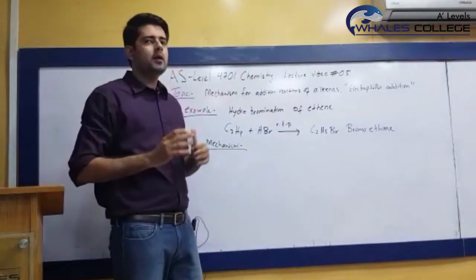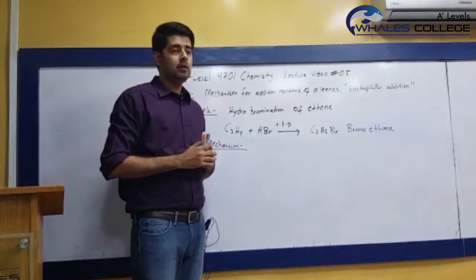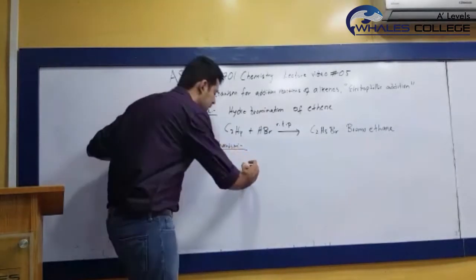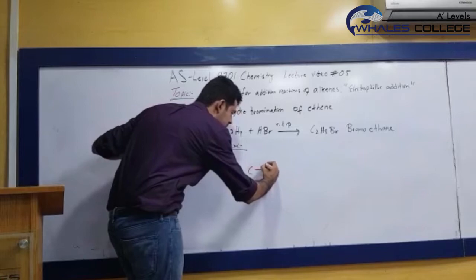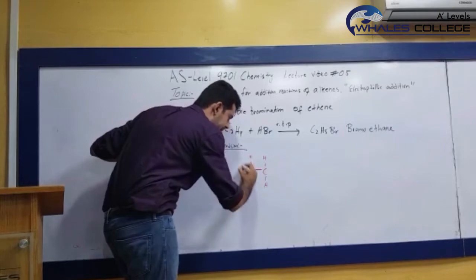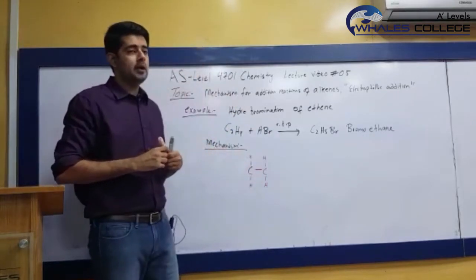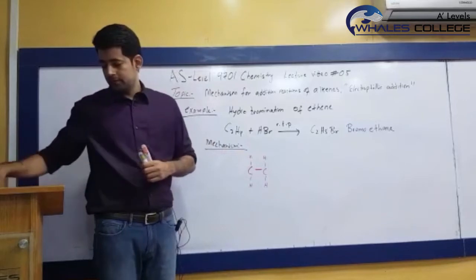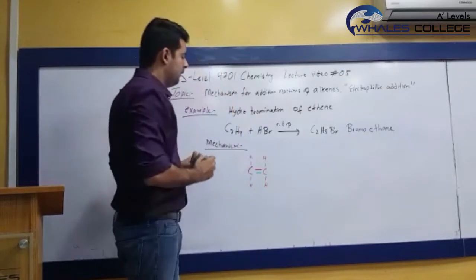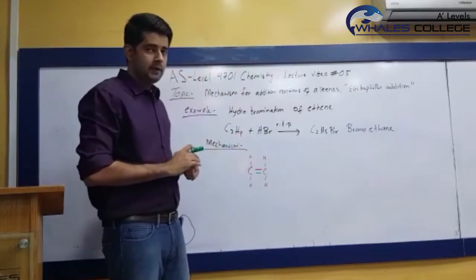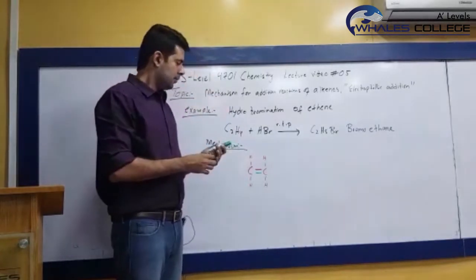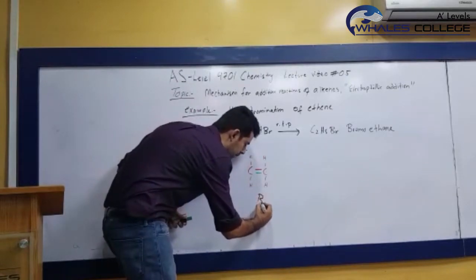I'll be drawing the part of the alkene which does not change during the reaction. It's the sigma bonds in ethene. So there is one sigma bond between the 2 carbon atoms, and all the bonds between the carbon and the hydrogen are also sigma. So everything drawn in red is going to remain unchanged during the reaction. The part which I'm drawing in green, the pi bond, is the part which is involved in the reaction. Now let's go through why the pi bond is involved in this reaction. Because imagine a hydrogen bromide molecule